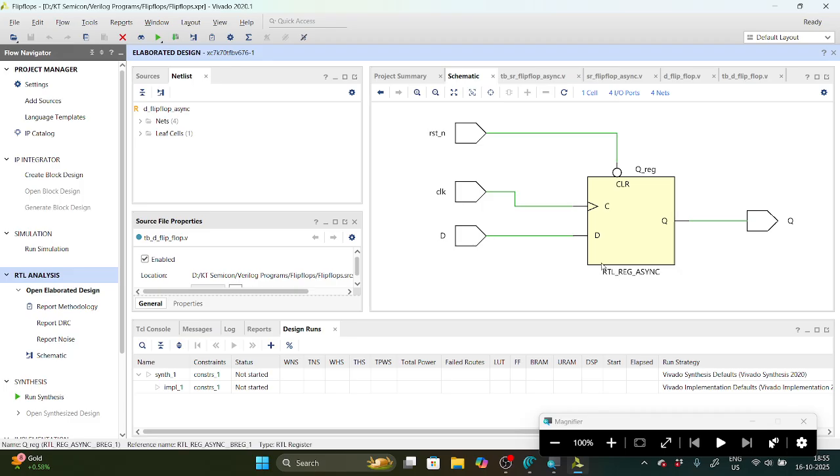See here, this is the D flip-flop. What are the inputs? Clock, D, and this is reset_n. This is the asynchronous reset. It is directly given, and this is given through the bubble to clear. Basically, clear and